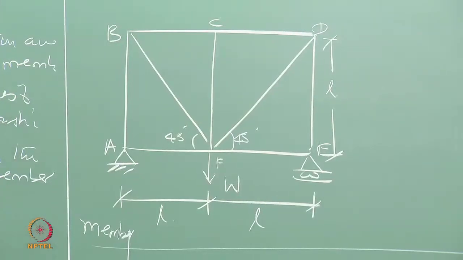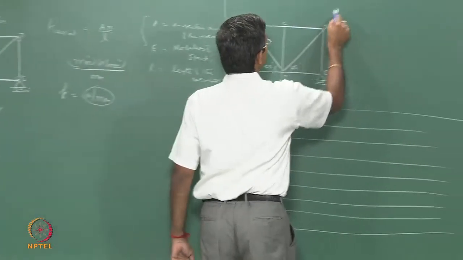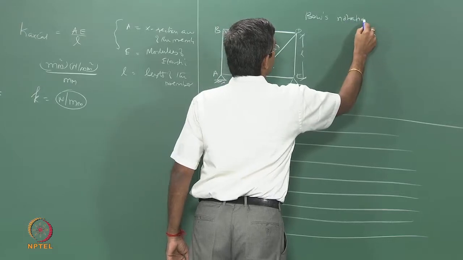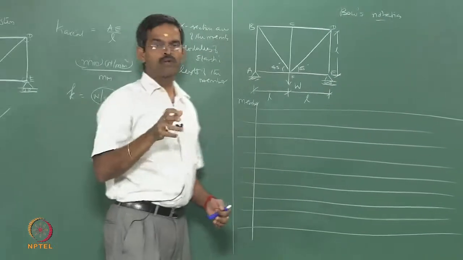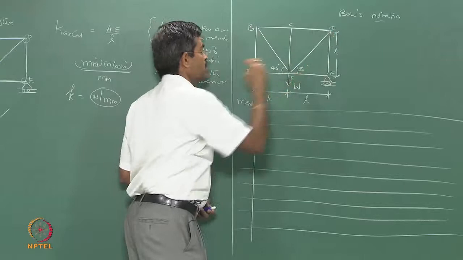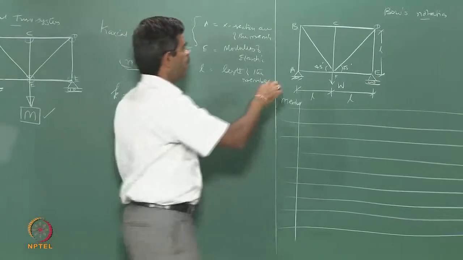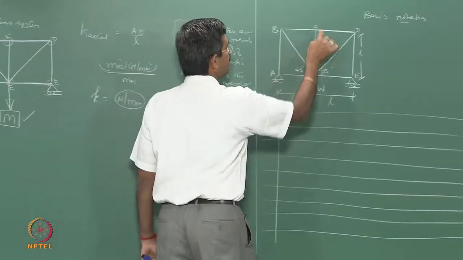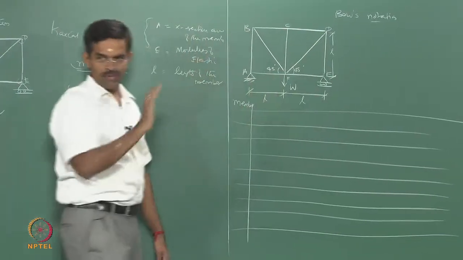This is called Bowes notation. You must be recollecting this in structural mechanics. Bowes notation is an algorithm given for marking the legend or nomenclature of nodes. So, I am following an order of clockwise. It is not advisable to say A, B, C, K, F, no, you have to have an order.